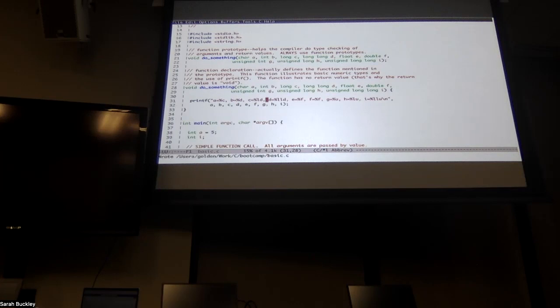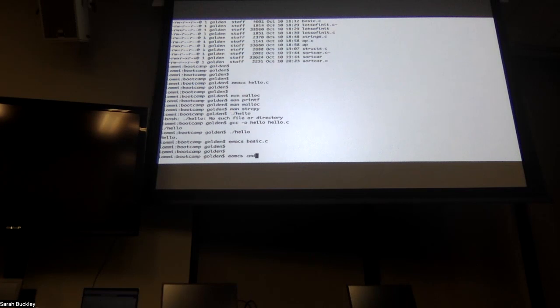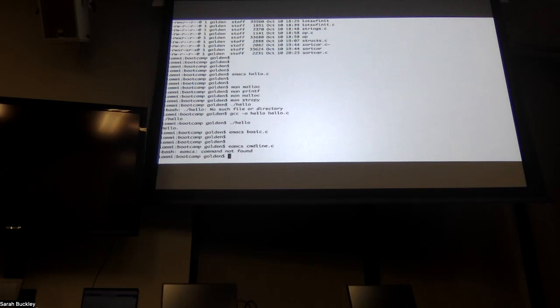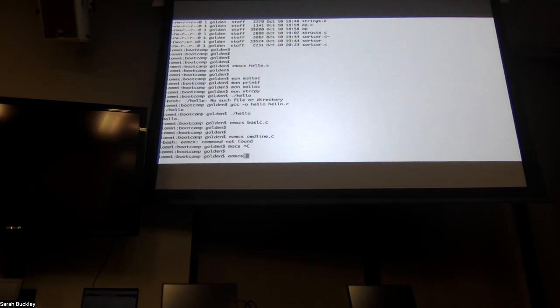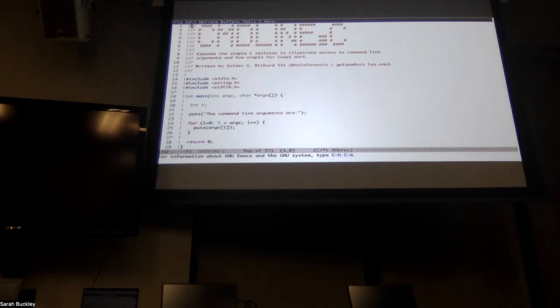All right, so next up on your list is just a quick diversion and a simple example that uses command line processing. So look at command line.c, which looks like this. It's pretty short. If you're wondering what argc and argv are, these things that you always place inside of the main definition,